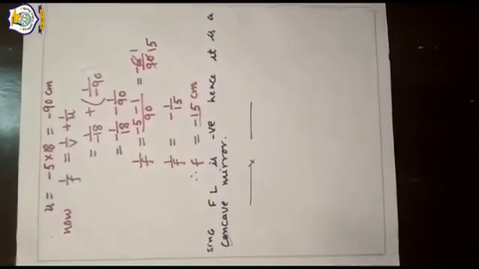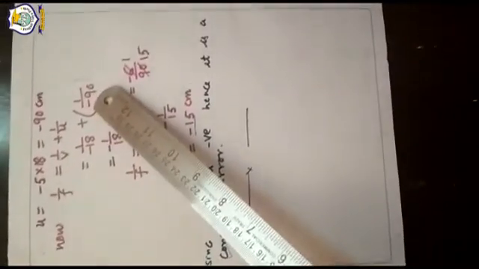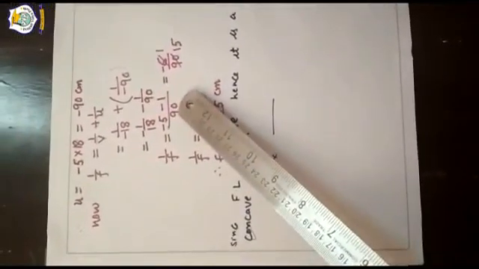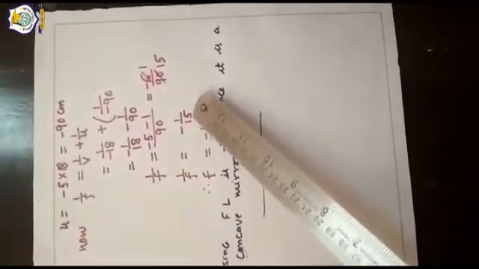So just apply the mirror formula here. First you have to always write the formula. This is also a very important point in solving all numericals. 1 upon f is equal to 1 upon v plus 1 upon u. Put the values. 1 upon minus 18 plus, again whenever we put the value of u, we put a bracket. Then plus minus becomes minus. Take the LCM. It will come minus 6 upon 90, which is equal to 1 by 15. So 1 upon f is equal to minus 1 upon 15. And finally f is equal to minus 15 centimeter.